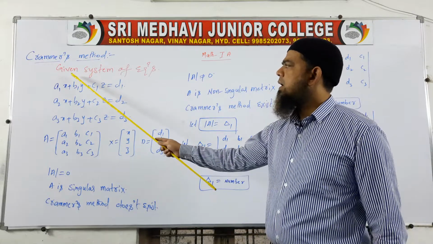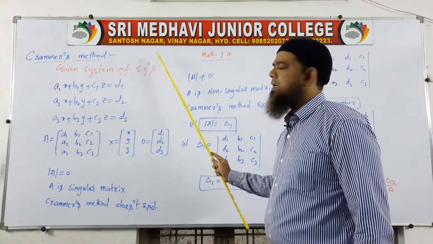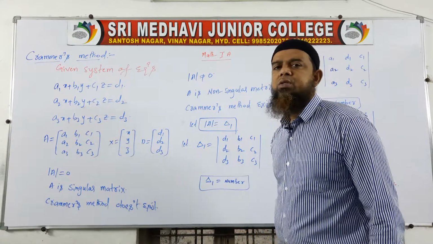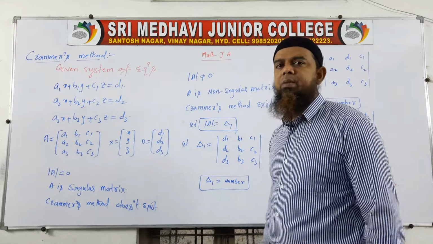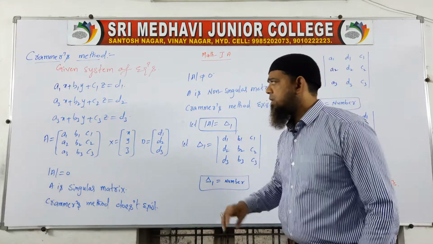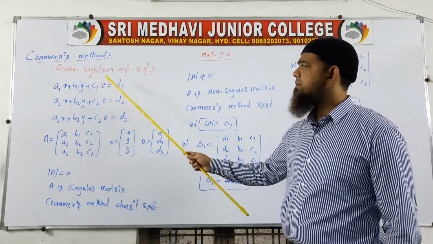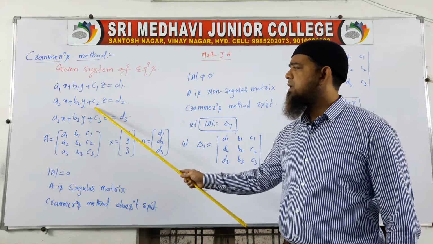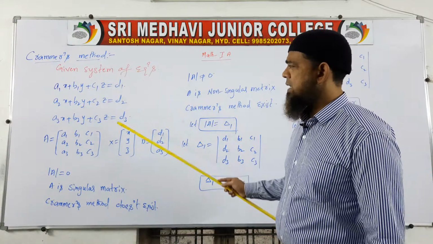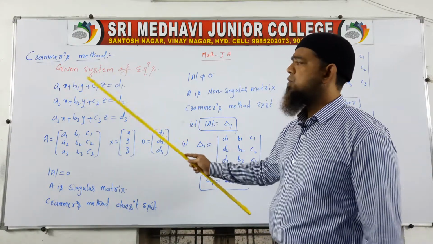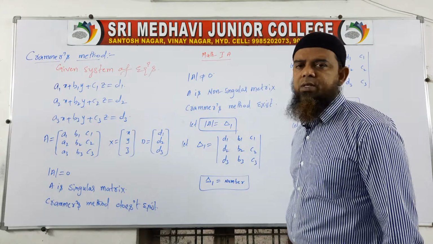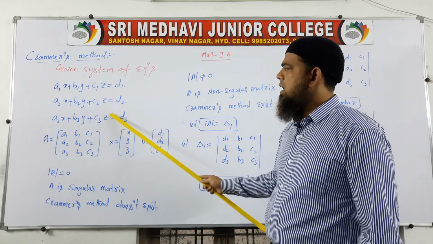First of all, we have to write the given system of equations. The given 3 equations, you write down one after one. In your paper, a Cramer's method problem is given. That problem is a1x plus b1y plus c1z is equal to d1. Similarly the second one, similarly the third one. Here the equations are the same, so I am taking 1, 1, 1. 1 represents the first equation, 2 represents the second equation, 3 represents the third equation. These 3 are the equations here.